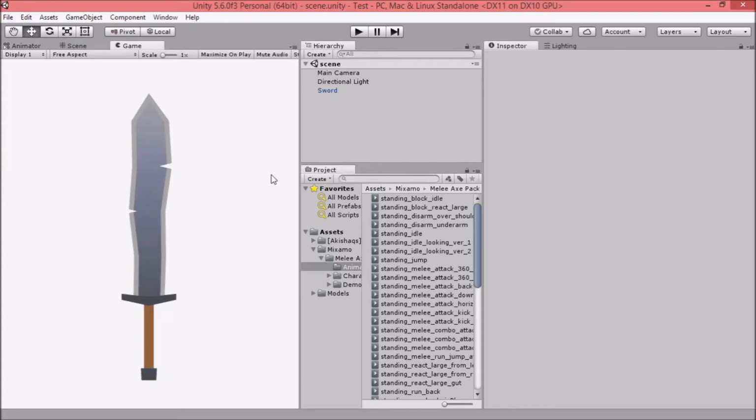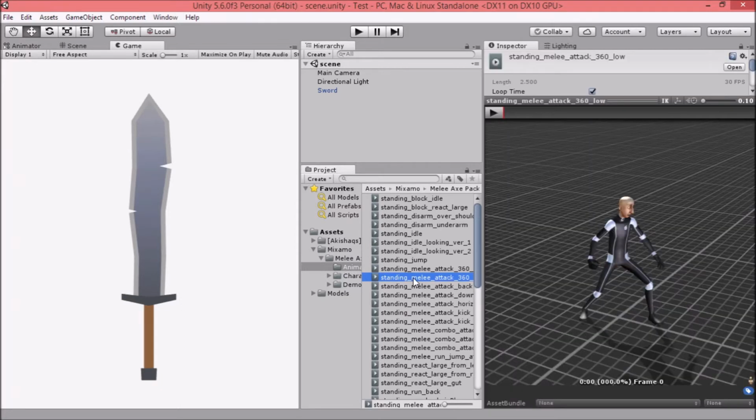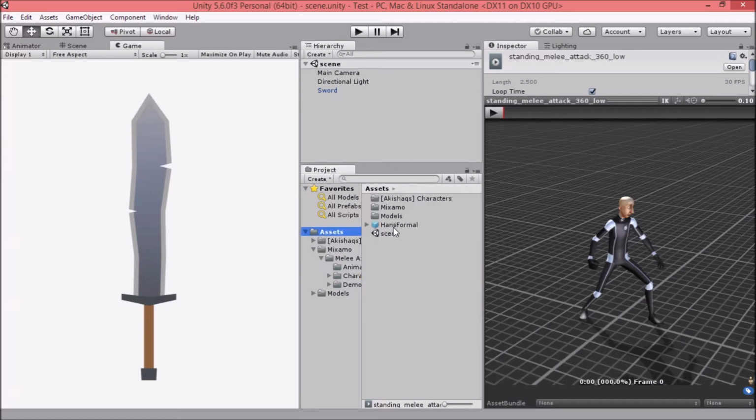In this video we'll be learning how to model this low poly sword, and we'll create it in Blender and then texture it and then import it in Unity. I'll be covering the basics of modeling, the tools that are often used. We'll in the end set it up with a character that I have,